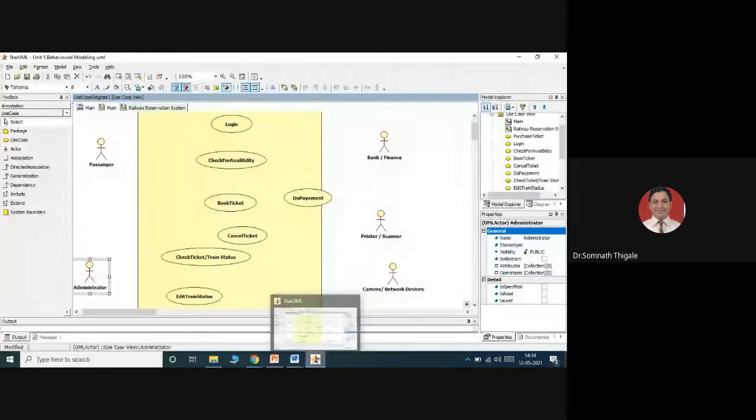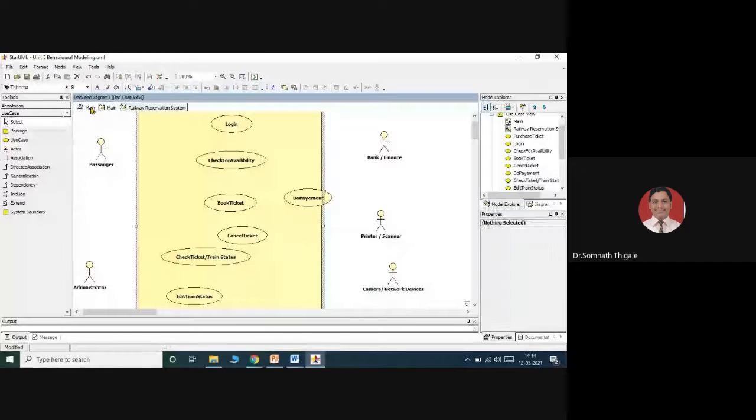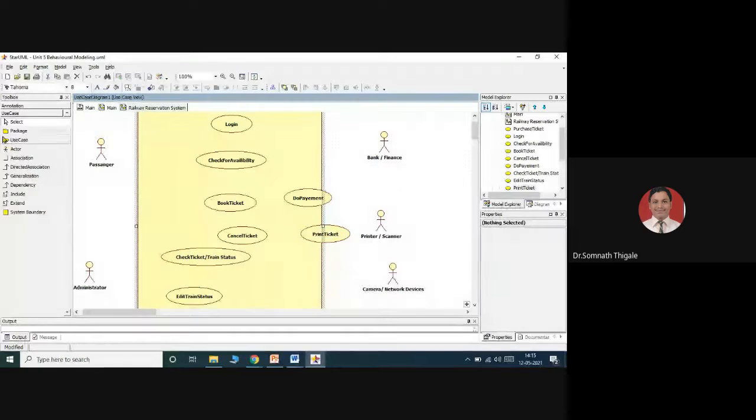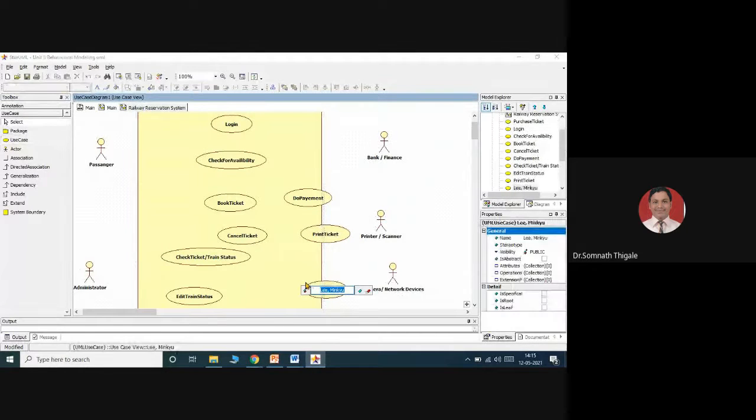Okay, then next, print ticket, check ticket, this part we will add. So I will say print ticket. I'll add one more part, that is read ticket automation process.